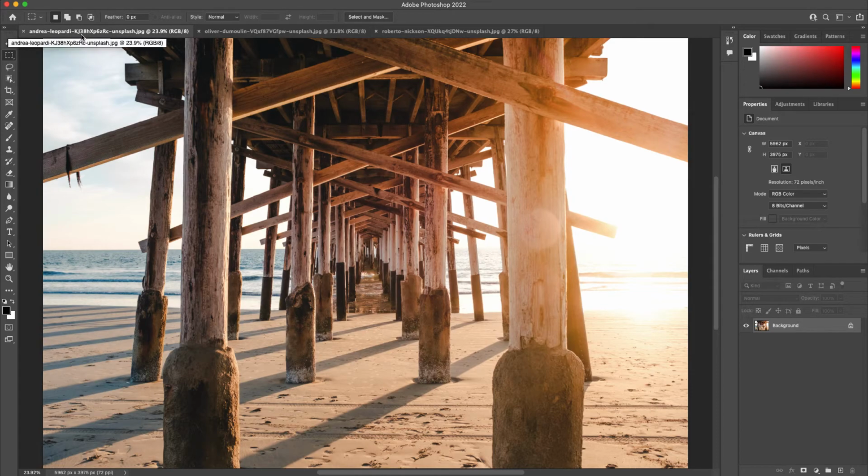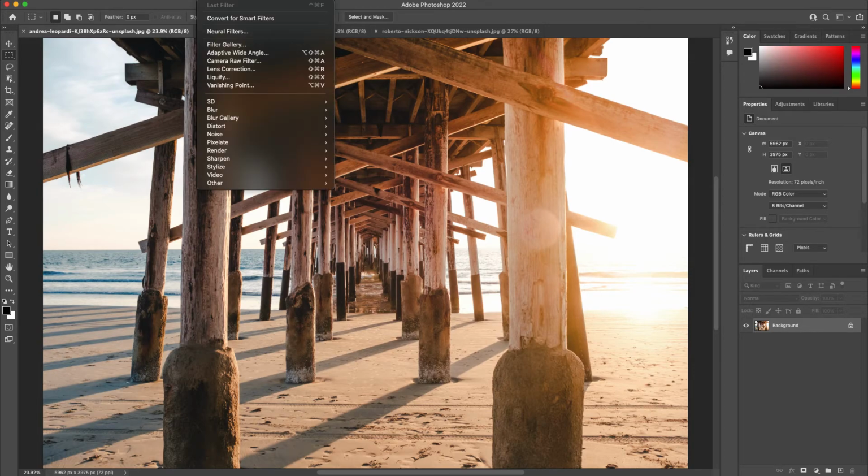Filters are really easy to find. It's pretty straightforward if you look up at the filters menu at the top. We can see different types of filters broken up into different categories, like 3D, blur gallery, distort, noise, pixelate, render, sharpen, stylize, video, and other. We also see filter gallery, and I want to call your attention to it for a quick sec